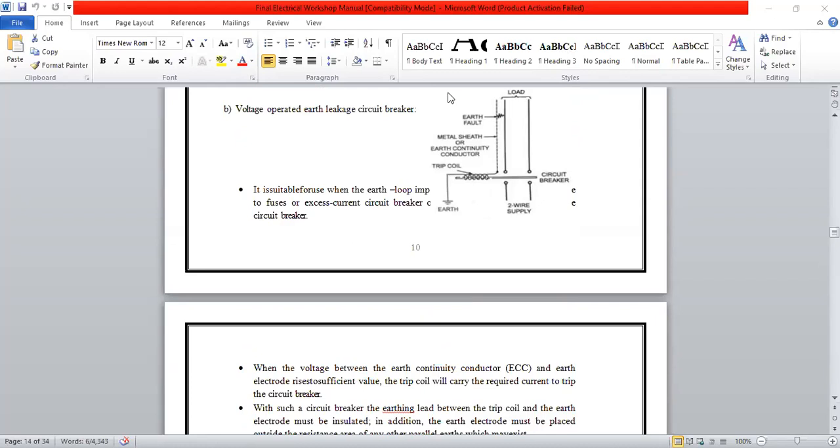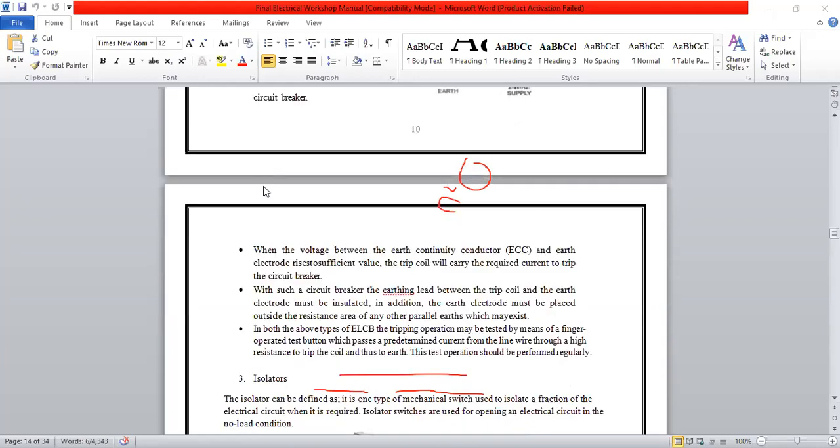बघा काय कंडिशन आहे याच्यामध्ये, when the voltage between the earth continuity conductor, म्हणजे जो कंडक्टर अर्थला कनेक्ट केलेला आहे त्याच्या अक्रॉसचं व्होल्टेज, दॅट इज ECC कंटिन्युटी कंडक्टरचं व्होल्टेज, and the earth electrode, जो काय आपण अर्थ इलेक्ट्रोड यूज करणार आहे, सो अर्थ इलेक्ट्रोड इट विल राइज टू अ सफिशियंट व्हॅल्यू. जर हे व्होल्टेज राइज झालं डिफरन्स दोन्ही मधला, देन द ट्रिप कॉइल विल कॅरी अ रिक्वायर्ड करंट. ऍट दॅट सिच्युएशन जी काही ट्रिप कॉइल आहे, दिस वन इज द ट्रिप कॉइल, it will carry a sufficient current and it will trip the circuit breaker. Okay, it will give command to the circuit breaker like trip a circuit.